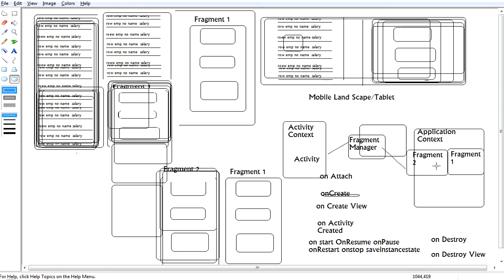And we have async loads associated with the fragment. Since the fragment state is retained, there are no memory leak problems when an async task tries to refer to the activity. It attaches to the fragment, and since the fragment state is retained, there is no problem when the activity is destroyed. So it attaches to the